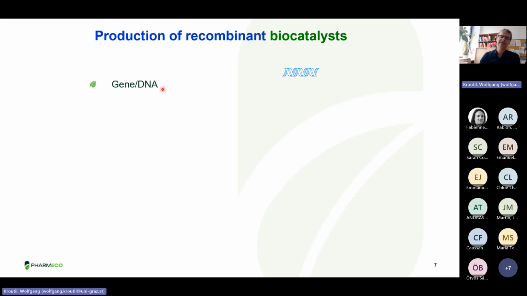So we order this 1,500 base pair sequence. In general, we order that already in a plasmid suitable for, in our case mostly, E. coli. So we get the plasmid, a tube where you don't see a lot, but when you put that together with E. coli, you can then